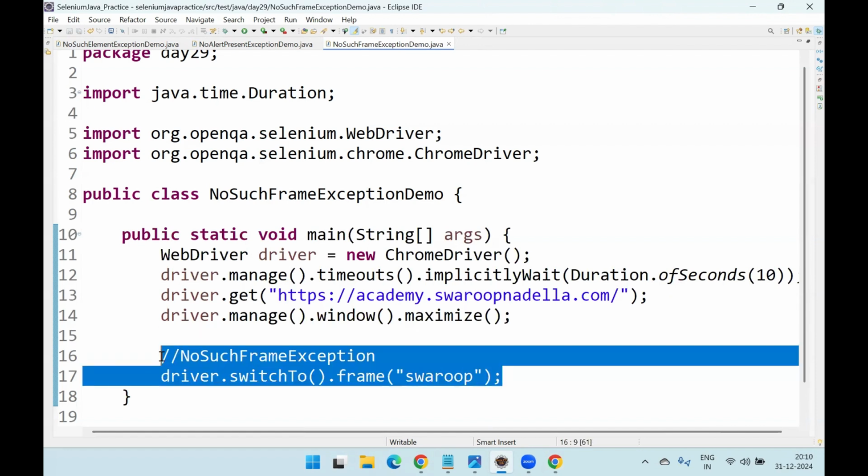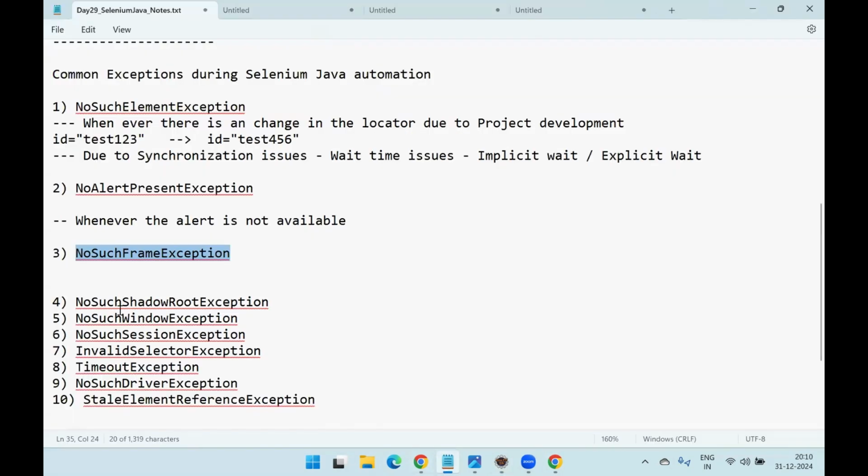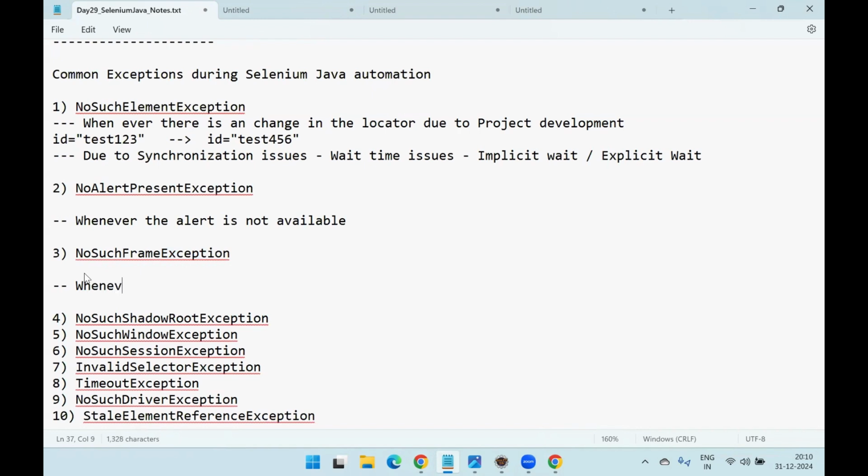So this exception also can be frequently encountered. So whenever the frame is not available,